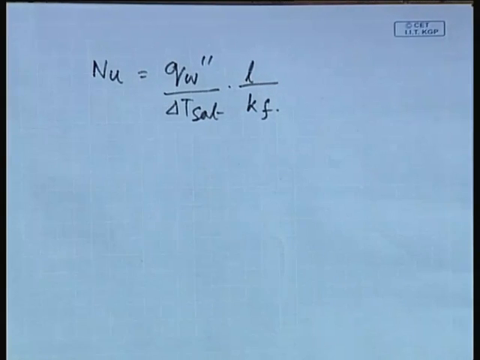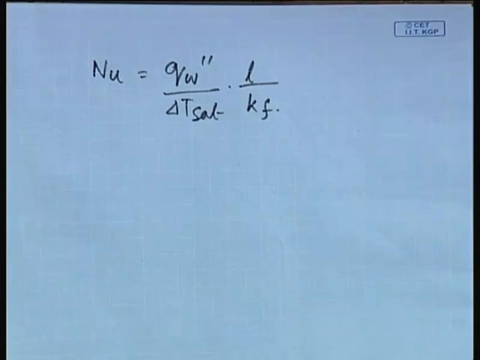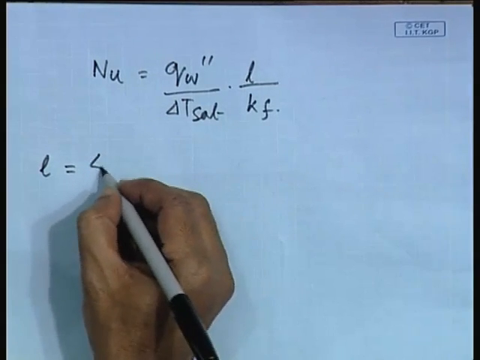Now, length scale actually has been done in a very typical manner by Forster and Zuber. For the Reynolds number calculation or estimation, we have taken simply r, but for the length scale calculation for Nusselt number, what they have done is some sort of a different methodology, and they got L is equal to